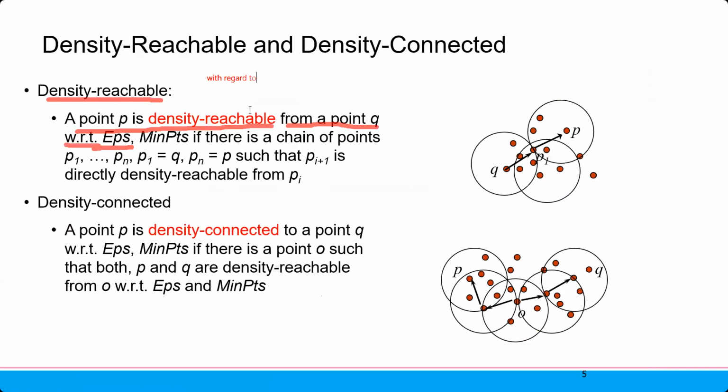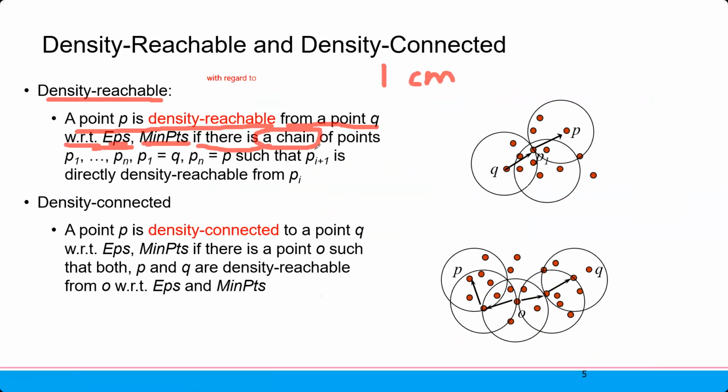Let's say the EPS I mentioned before was 1 centimeter, and the minimum points. If there is a chain, a chain is a kind of consecutive connection,